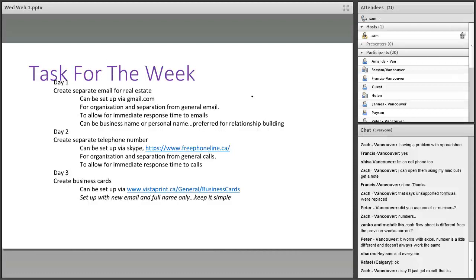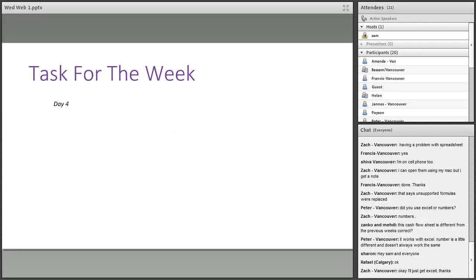So you can put your full name. I wouldn't even put a business name. I just put your full name, nice and bold, centered in the middle of the card, nice stock, and email, and that's all I would do. And then if you want to give someone your phone number, you can. Okay. Same thing. You're creating contacts with people. You can identify the contact based on that interaction you have with someone, whether they're an investor or buyer or seller. Not a bad idea to give two of them out at a time, just so someone can pass them on to the next person. Okay. Then we have